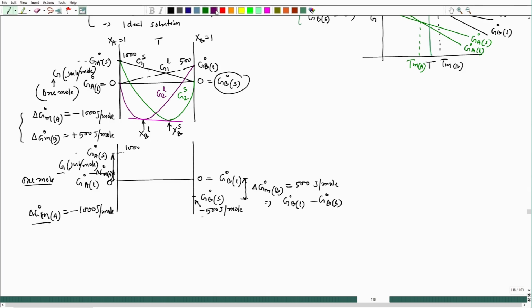Now, I need to just find out the G1 for solid. So, this one would be G1 for solid, and G1 for liquid would be G1 liquid, which will be the 0 0 line connecting the 0 0 point. Now, I would just like to extend it to show that these two compositions are extended, okay, and the solid line would be